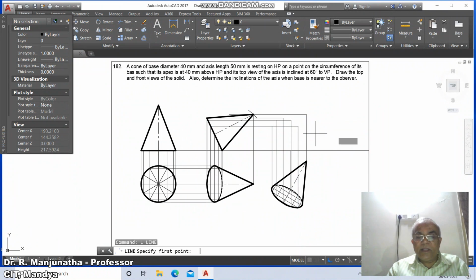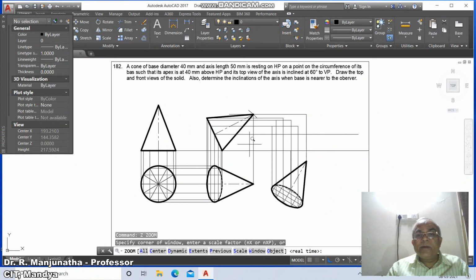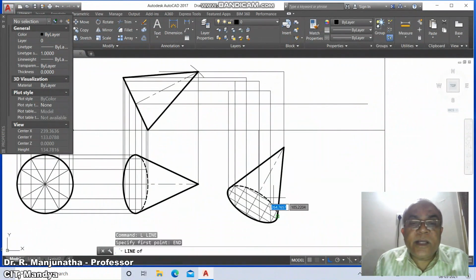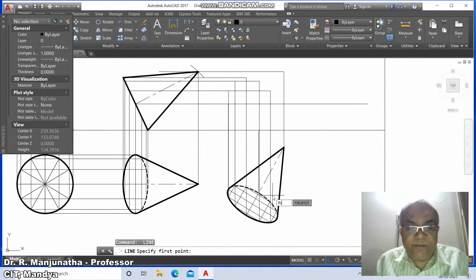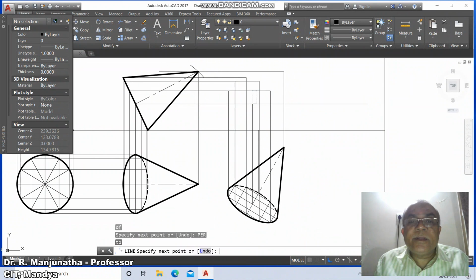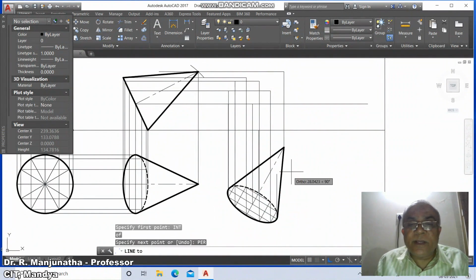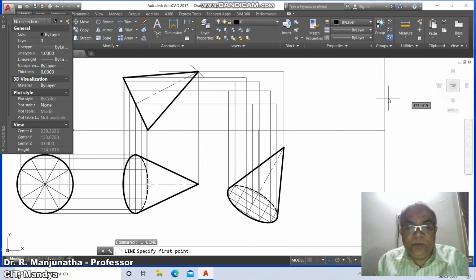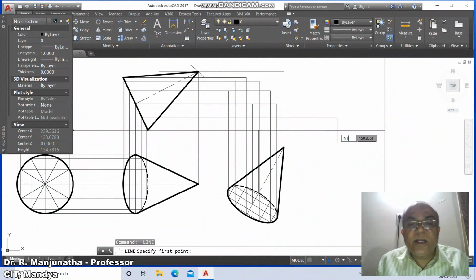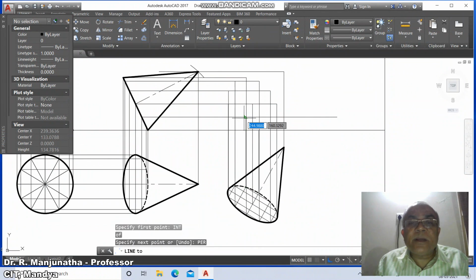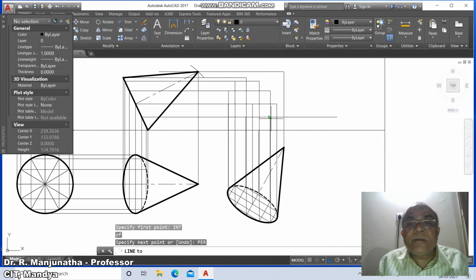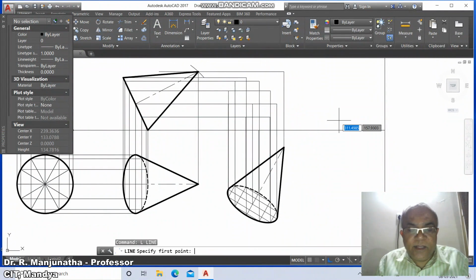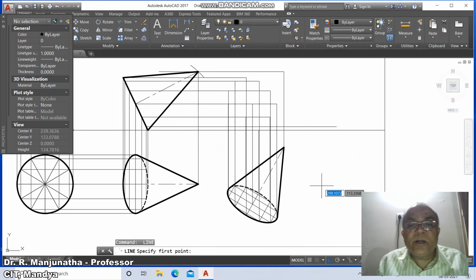between these two, then go to line, take int of this and draw perpendicular to this, then go to line, you take here on this case, then go to line, take endpoint of this and draw perpendicular to this, then go to line, take int of this and draw perpendicular to this, then go to line, int of this and draw perpendicular to this, then go to fillet between these two, then go to line, int of this and draw horizontal line, then go to line, take int of this and draw perpendicular to this, then go to line, int of this, take perpendicular to this, then go to fillet between these two, then go to line, take int of this and draw a horizontal line, and here